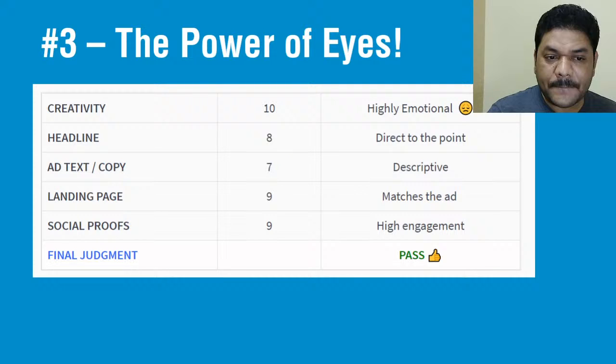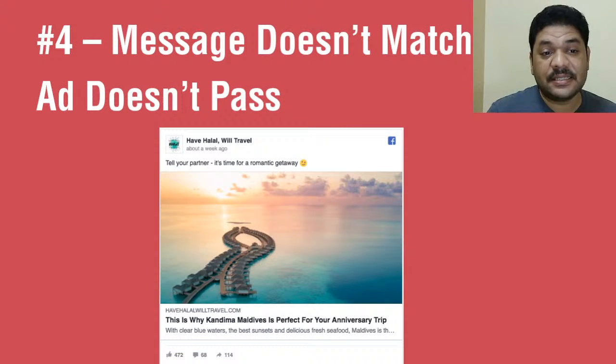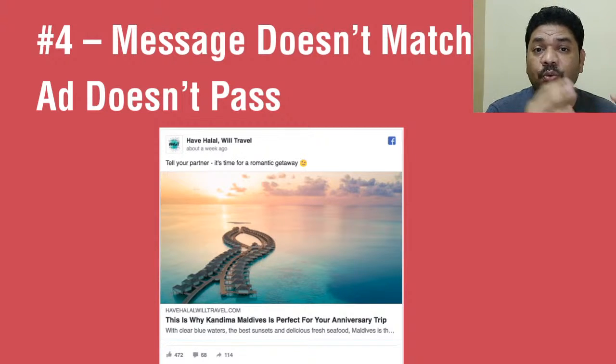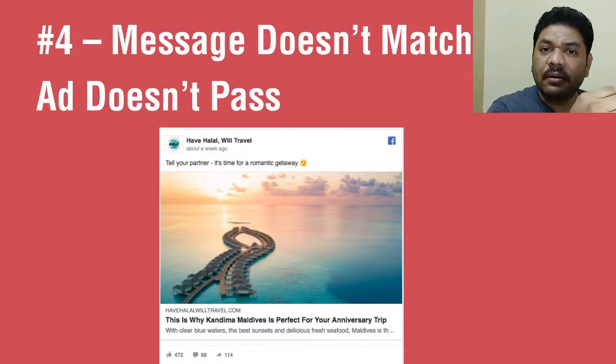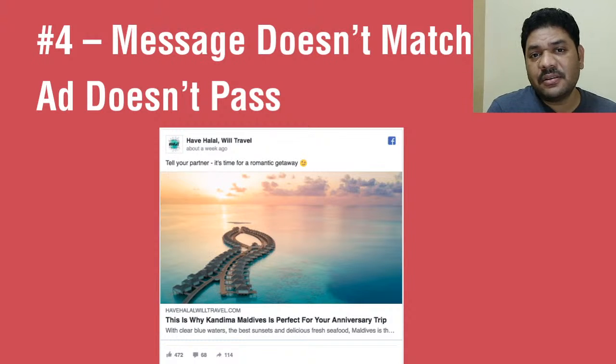Second thing: the message does not match, the ad does not pass. If your message or image and the strategy do not match, it's not going to work out. Let me see here.